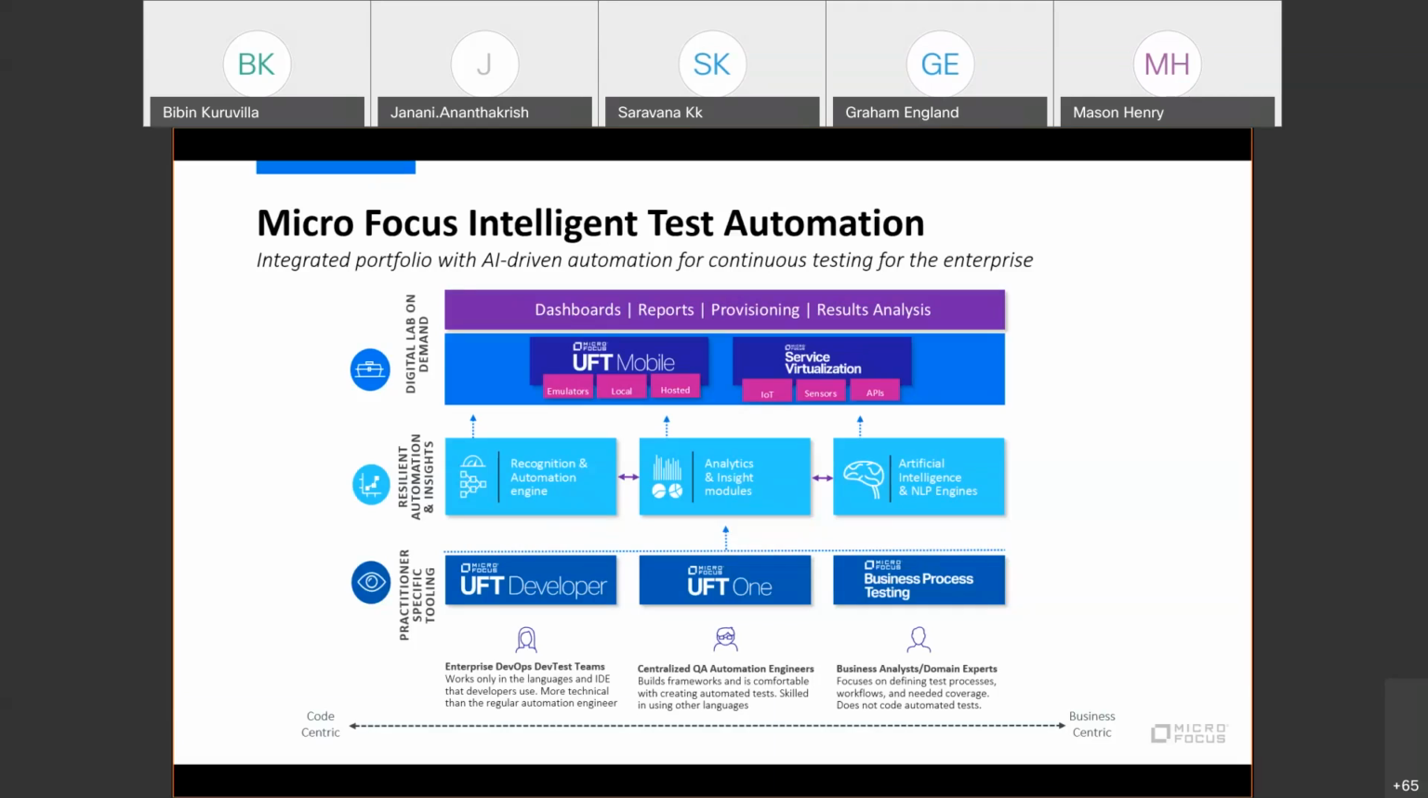That's really how we organize the functional testing solutions from Micro Focus, but also building all of that on top of a digital lab to be able to connect to emulated mobile devices, real mobile devices, hosted mobile devices, as well as a service virtualization platform for many different technologies, whether that's APIs, IoT devices and sensors. Building that into a platform, as well as some of those capabilities directly into our functional testing solutions, gives all of those personas the ability to